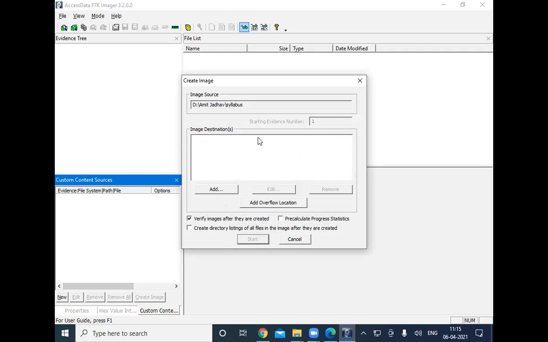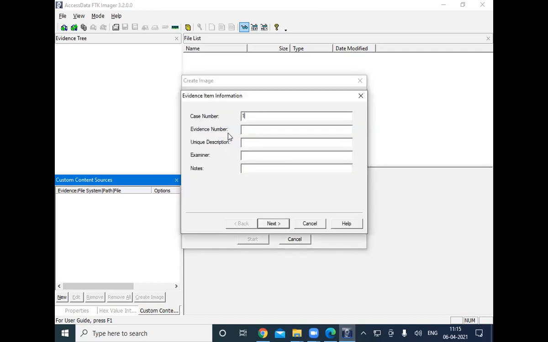Here we have to add the destination. This is the source path, and we have to add the destination path. I click here add. Here, case number I put 1, evidence number 1.0. You can fill it as per requirement. Here I write syllabus folder, examiner Amit Jadhav.